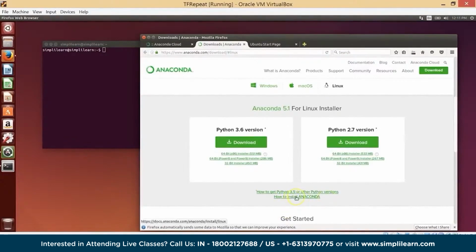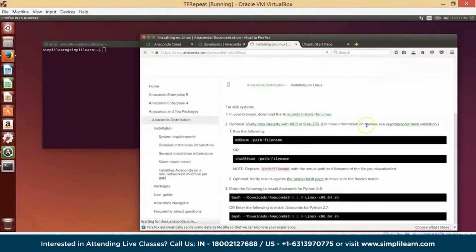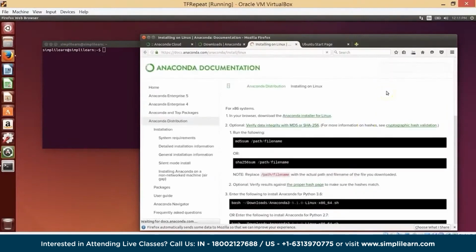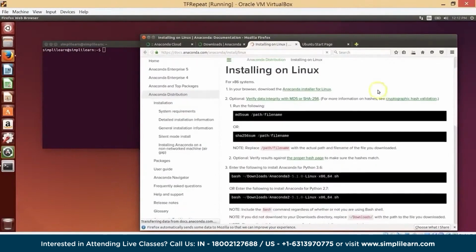So let me just, in the meanwhile, click on this. For some reason, the network is a little slow, so it's taking time. All right, so once the download is done, we will be using the options that are mentioned here. Now the first step, of course, is we are already doing the first step, which is downloading the installer for